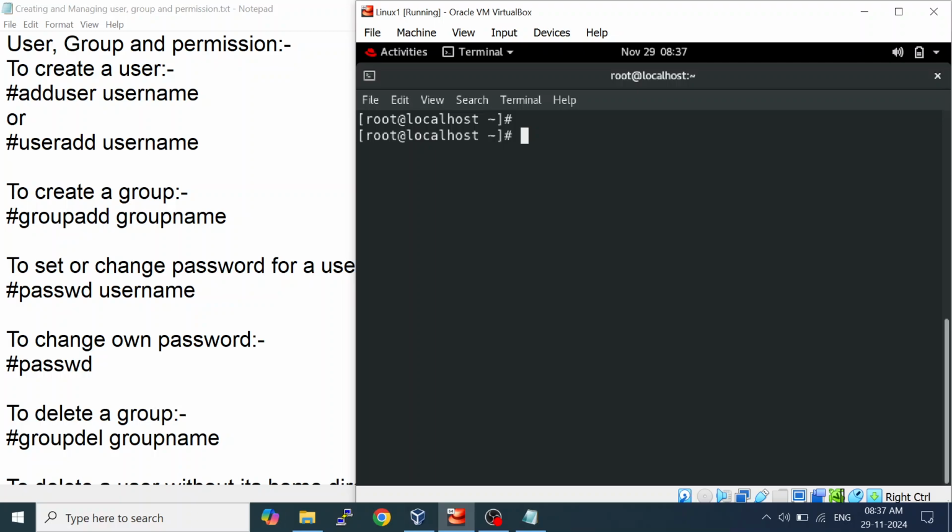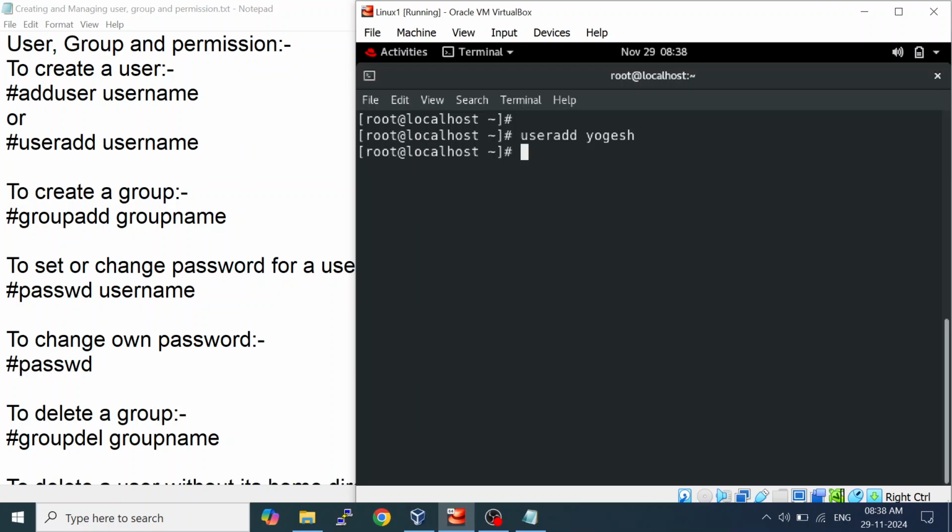Else, no need to create a user. Without a user also, single user mode is there. No need to log in directly. We can do all the tasks. But why do we create a user? To control the rights, what the user can do, what the user cannot do. Plus I want to track the activity, what he has done. For that purpose we create a user. Is it clear? To create a user in Linux, we have the command useradd,